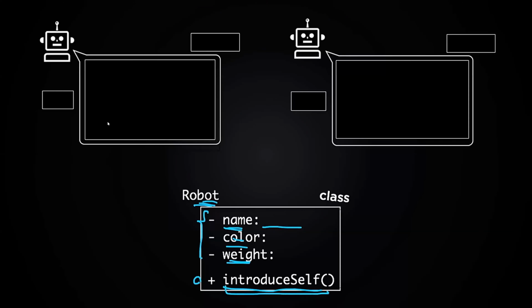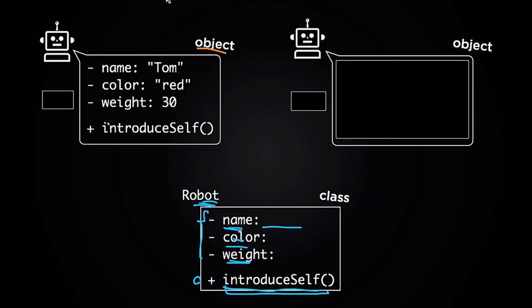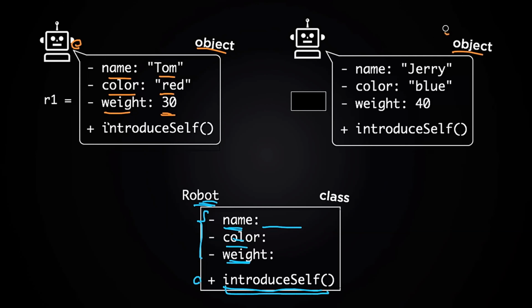And from this class, we want to create these objects. The first object will look like this. It's going to have the name Tom, the color is going to be red in a string, and the weight will be 30 to show that it's 30 pounds. It's going to be an integer. And we're going to put this object in a variable called R1. And the second object we're going to create will look like this. This robot will have the name Jerry, the color will be blue, and weight will be 40. And then we're going to put this object in a variable called R2. So let's now see how we can create this class called robot and these 2 objects out of that class